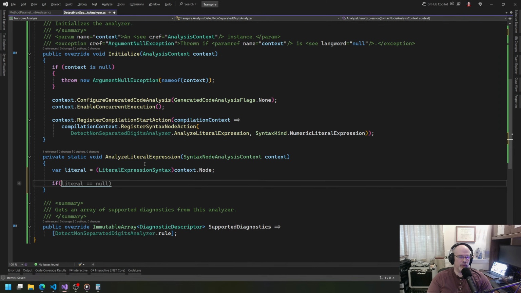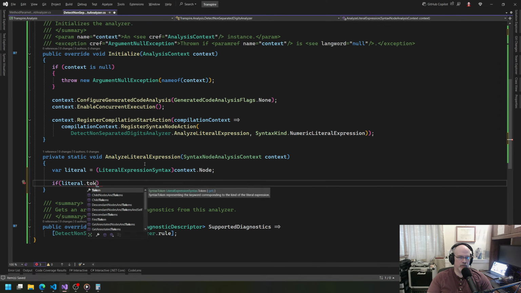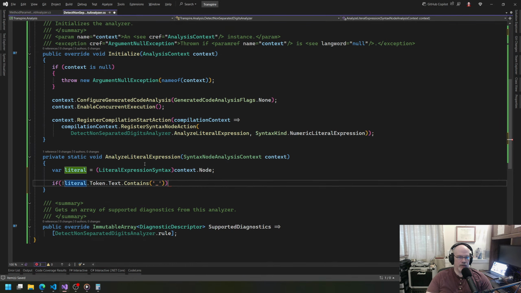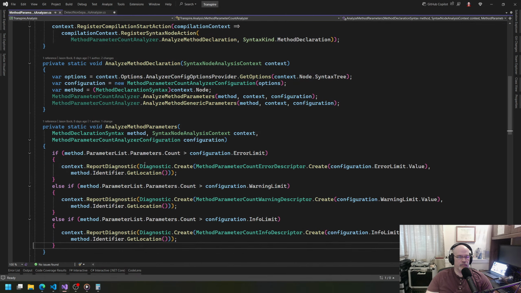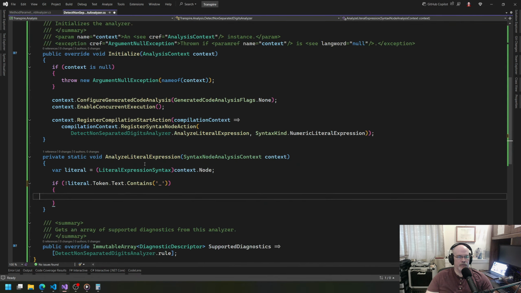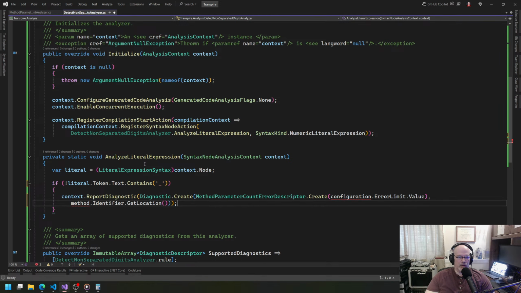Okay, if literal dot token dot text contains... if it does not contain it, then we want to do something. That's it. That is all we want to do. And then we're going to report a diagnostic. And the diagnostic is going to be